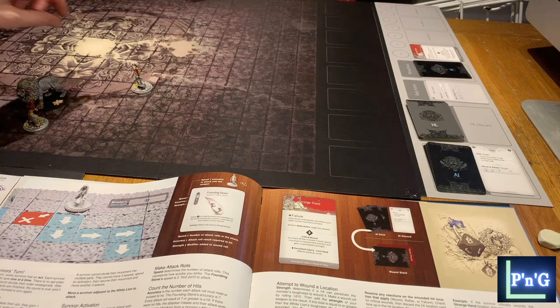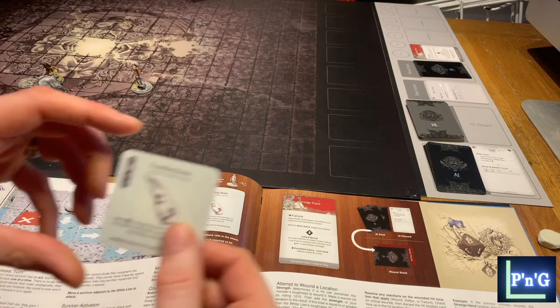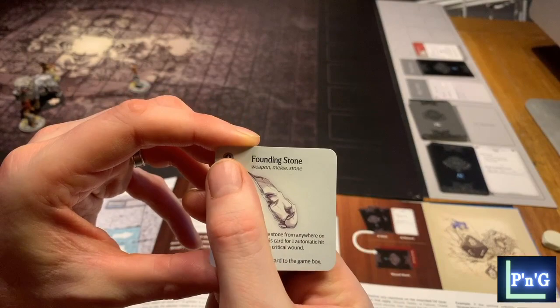So now let's go behind. So I'm going to go in with Tilly. 1, 2, 3, and she's just going to go to here. You can't split your movement up. That's another important point. So I can go 3, attack, and then go 2. Okay, so you can't split up your movement. So let's go for it again. So this is a normal attack. She's not going to fling her Founding Stone. So we're going with a speed of 2,